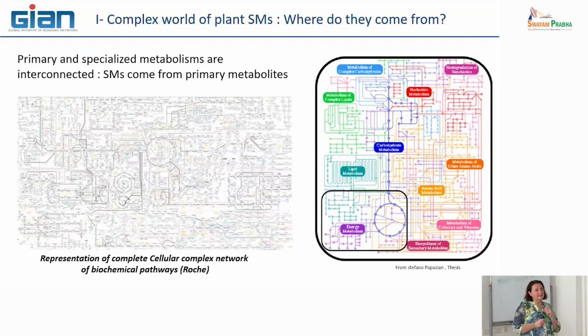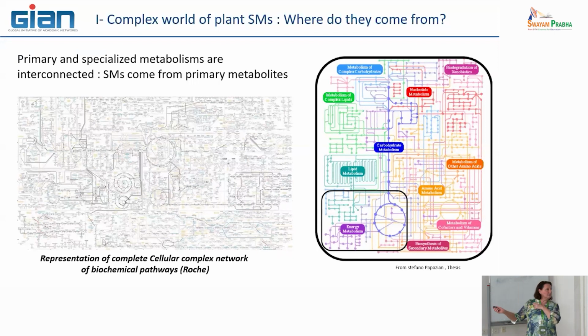What does it mean? It means that if you modify just one step, it can have lots of consequences in other metabolic pathways. This is why, in fact, they are linked. When you want to develop something and modify just one enzyme or some enzymes, every time you need to be careful because you can have a lot of consequences in other metabolic pathways, primary or secondary, that can finally affect what you want to obtain. So this is important to see.